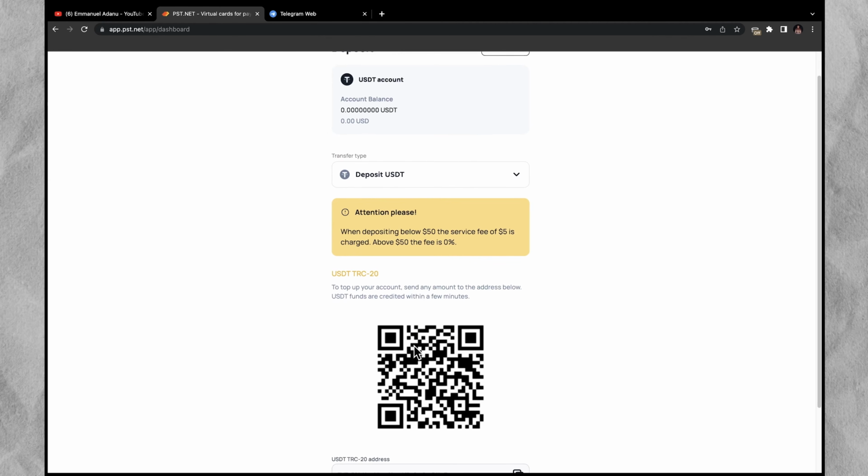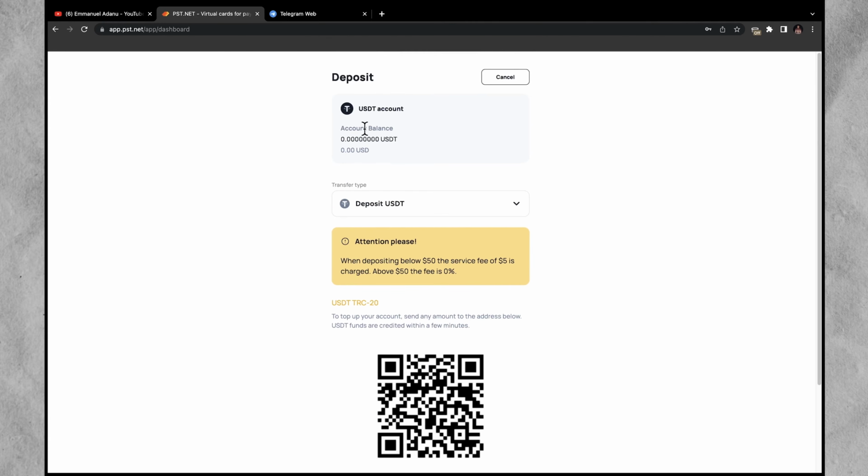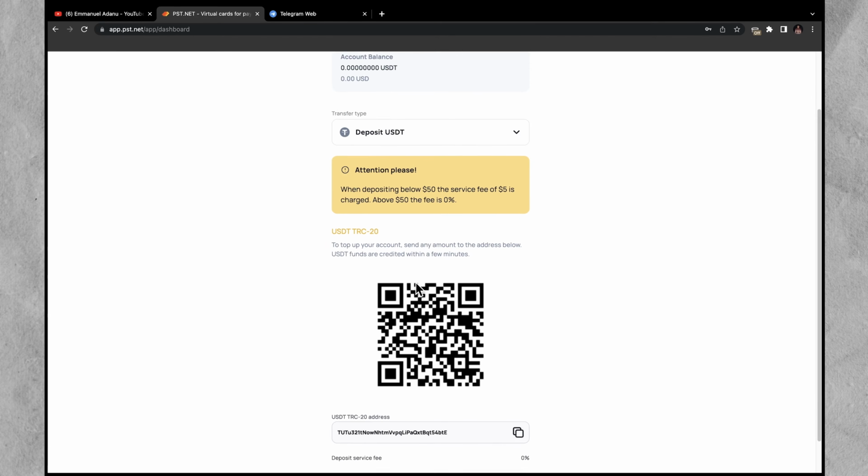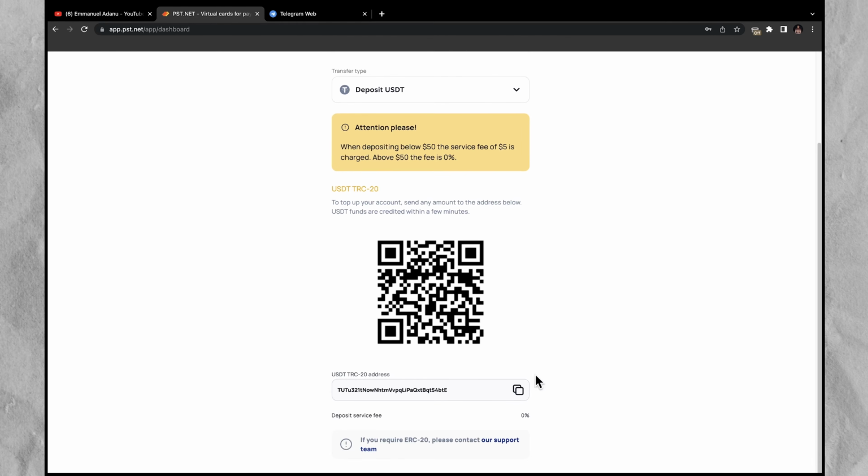Now what we need to do right now is to send the amount we want to deposit into our PSC account to this USDT wallet address. And this is a TRC20 address. If you're already familiar with crypto transactions, you know that this process is actually very simple. You just need to copy this wallet address and then send the amount of USDT you want to deposit to